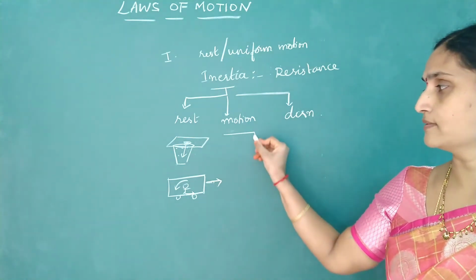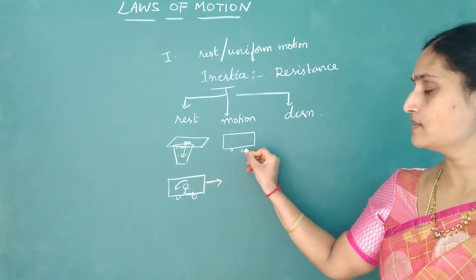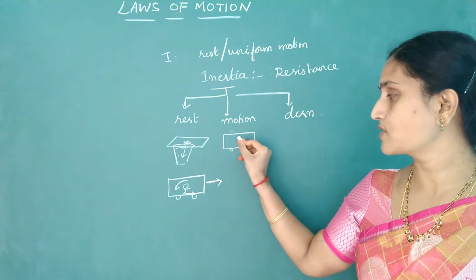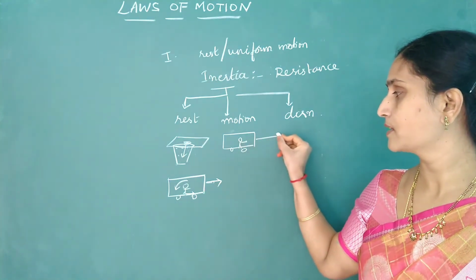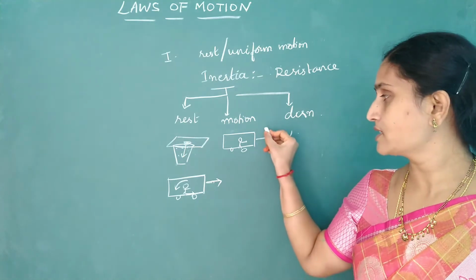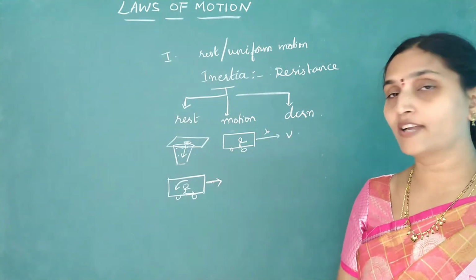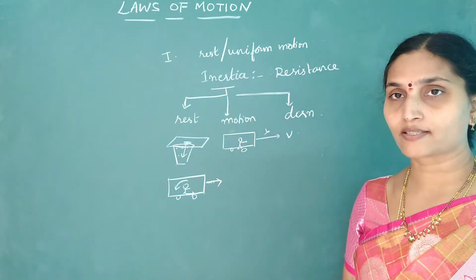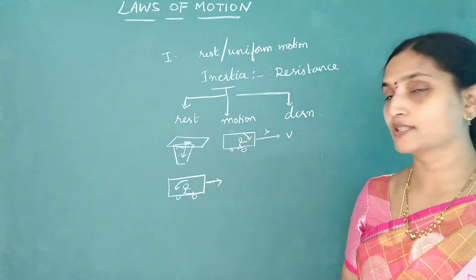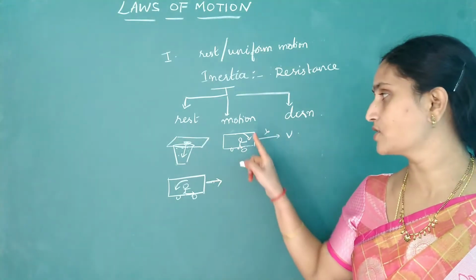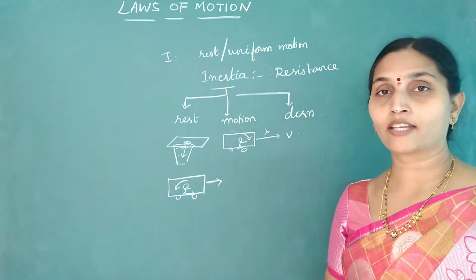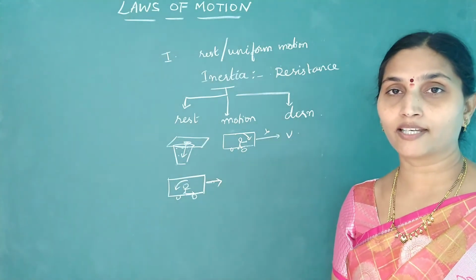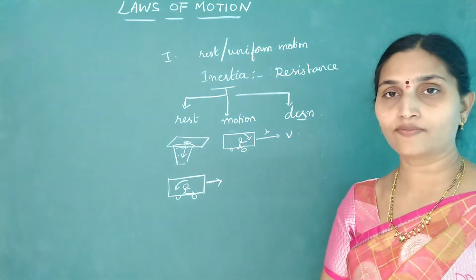Then inertia of motion. A body in motion tries to remain in the state of motion. It doesn't want to change the state of motion. Say a person is standing in a moving bus. The bus is moving. If the driver suddenly stops, tell me what would happen to the person? He wants to move and his legs have come to rest. So this person is going to fall forward. This is an example for inertia of motion. Inertia of direction: whenever the bus takes a turn, passengers are thrown in the outward direction. That is because of inertia of direction.